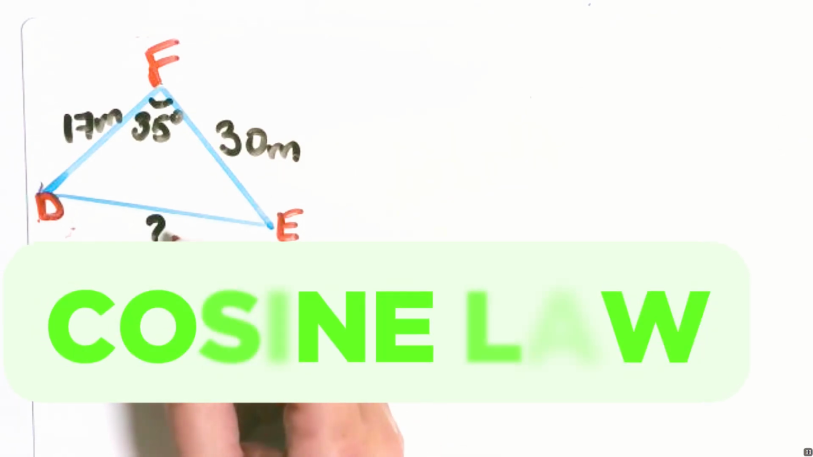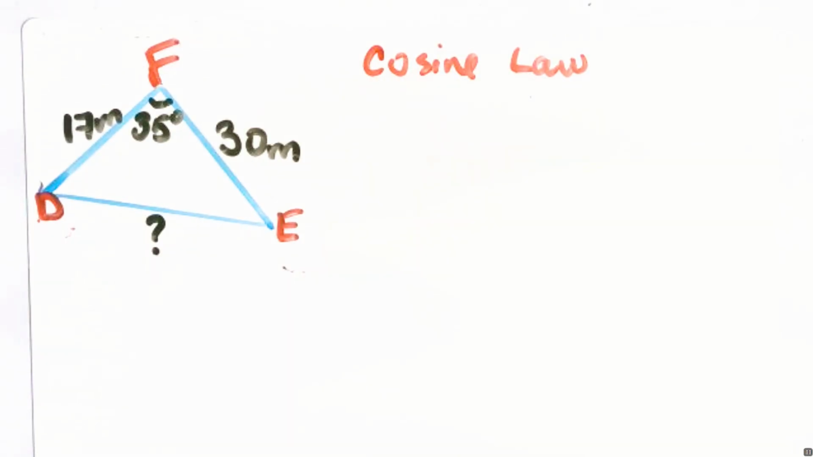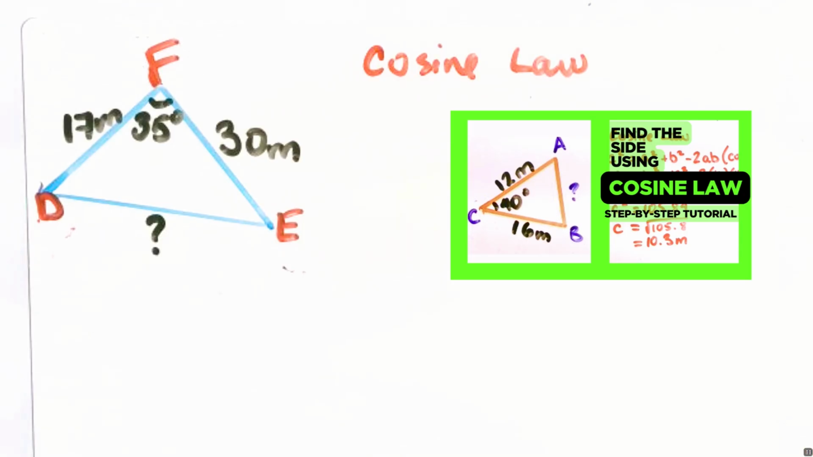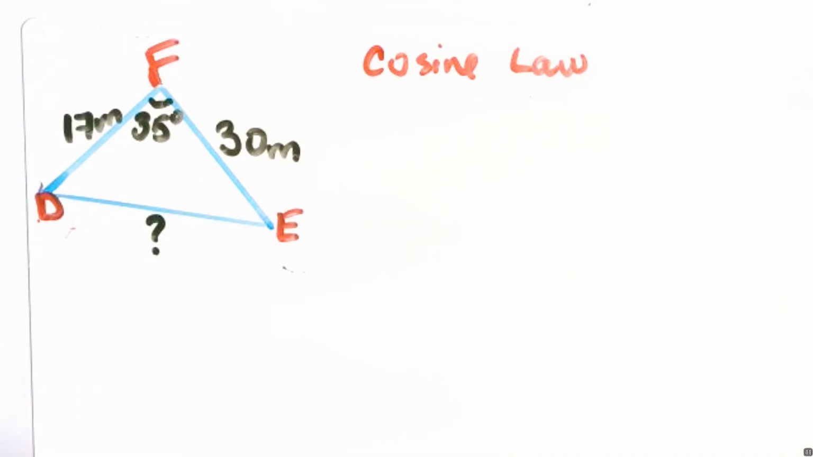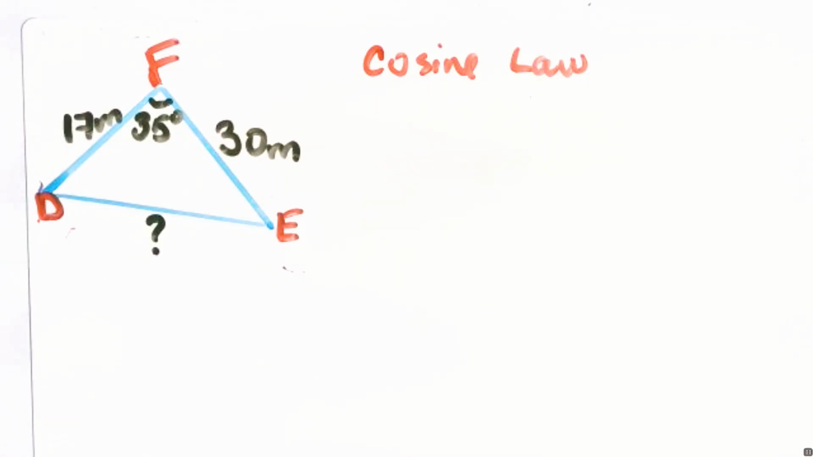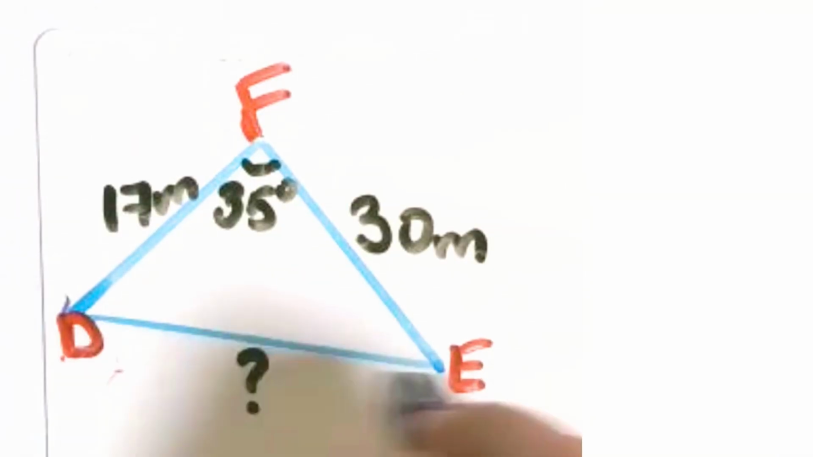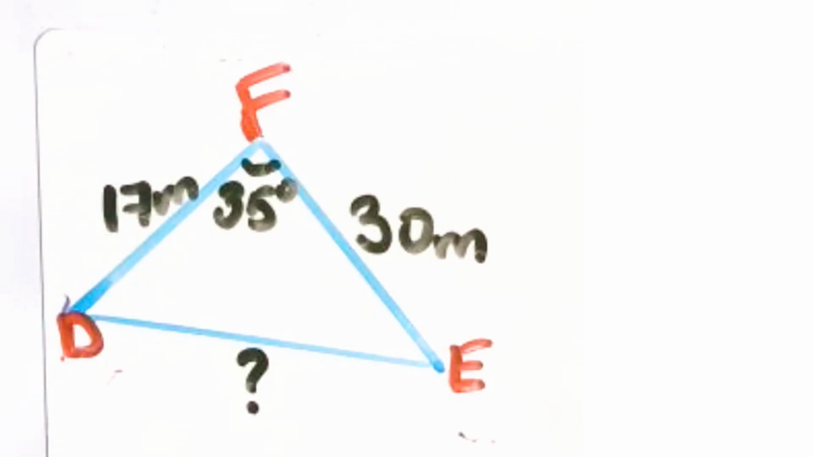Help you find this missing side using the cosine law. Now, if this is your first time doing the cosine law, I suggest you check out this video where I make it a little bit easier and we use our trusty old A, B, and C. This time I'm using the letters D, E, and F so I can show you how to set up your cosine law. And just like always, once I have my known angles, I want to label all of the side